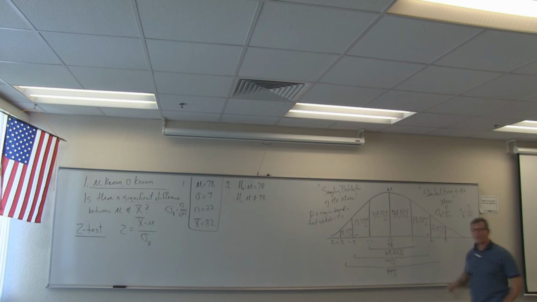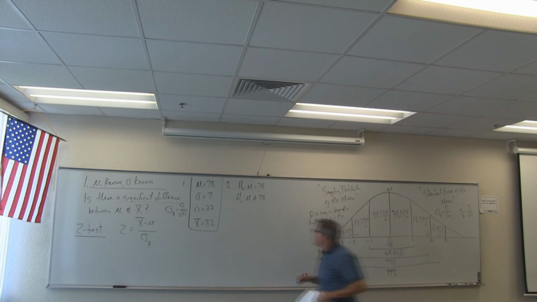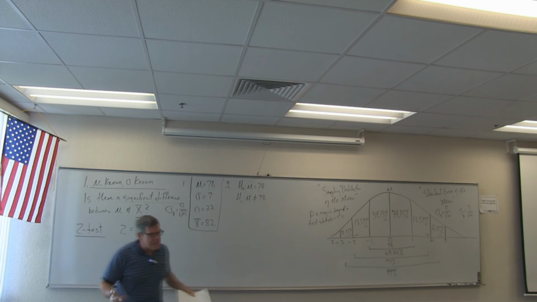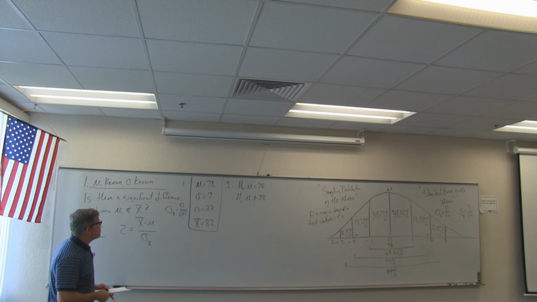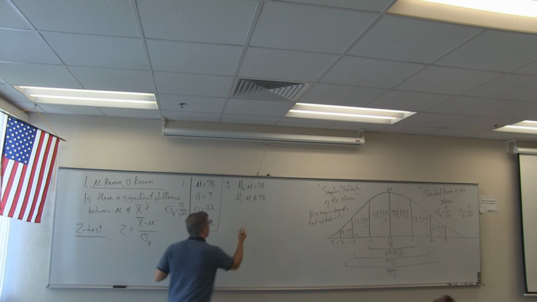Mu is 78. Where does the sample mean of 82 fall in relation to this? We still don't know yet. We will in a minute, though. We're going to take care of some preliminary things. This is just getting the data set ready to actually make this determination. This calls for a 0.05 alpha